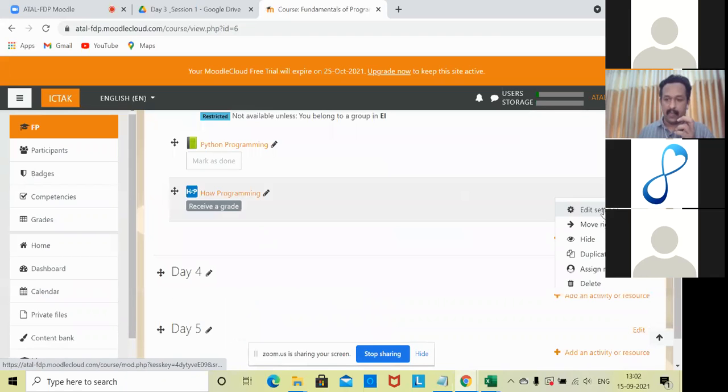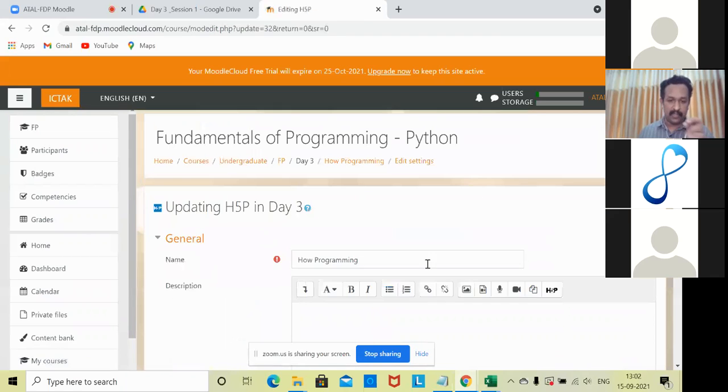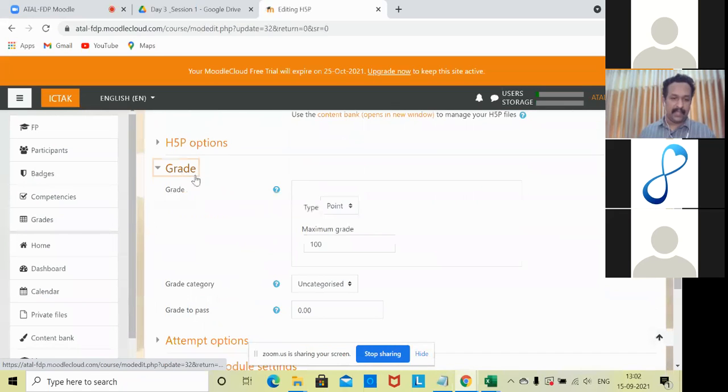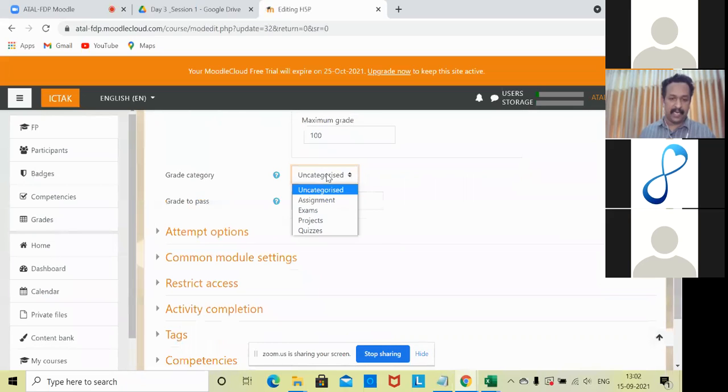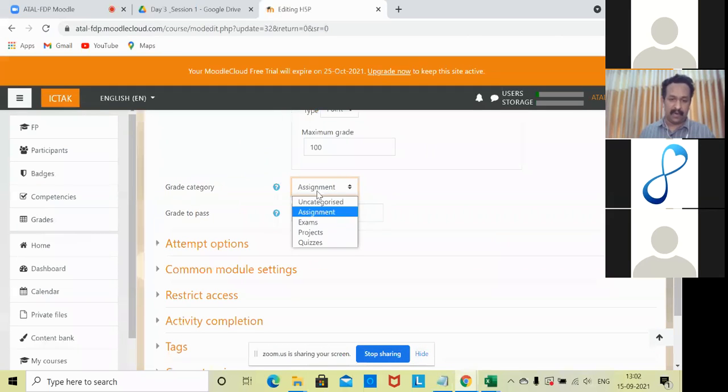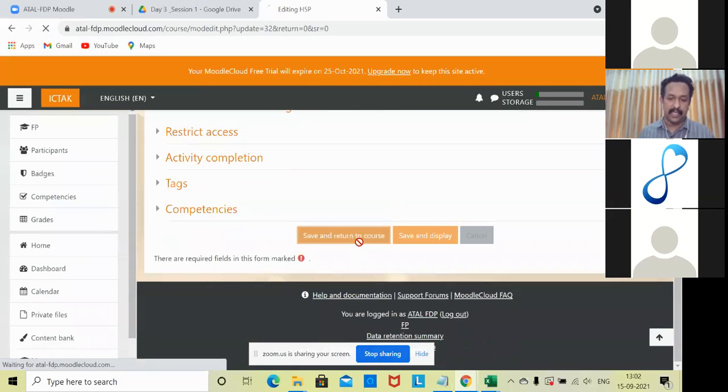I'm just going to edit this H5P, and in the grade option, which is uncategorized, I'm going to map this item as an assignment now. Or maybe a quiz. Let us assume that there is an interactive question. In that case, you can mark this inside quizzes, right?